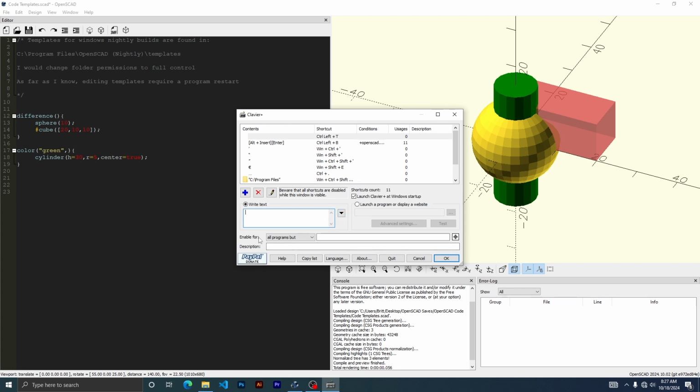And then if you want to, you can set which programs use this. Oh, it won't let me select. You gotta hold it. There we go. Hold that little target. And then since we